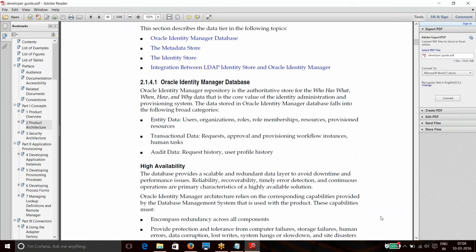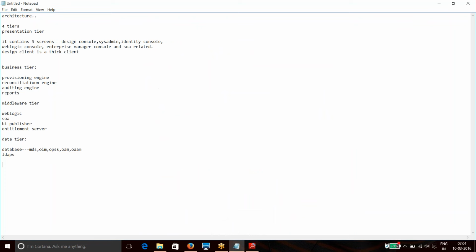As I said, the entity data and transaction data will all be stored in the OIM schemas. So this is the basic product architecture, and the next part is how OIM is implemented within organizations: how it is implemented, what the high availability is, and how many nodes. These things will be discussed here. So basically,